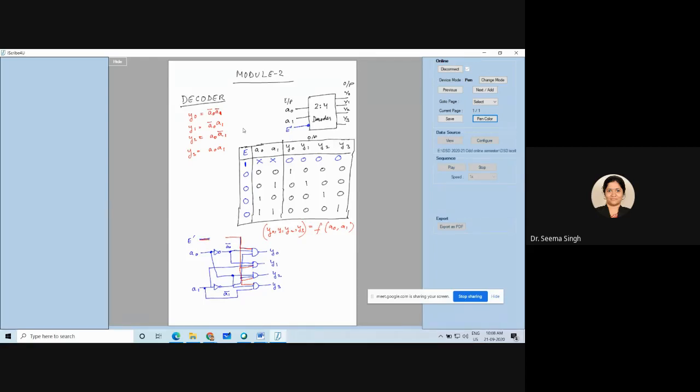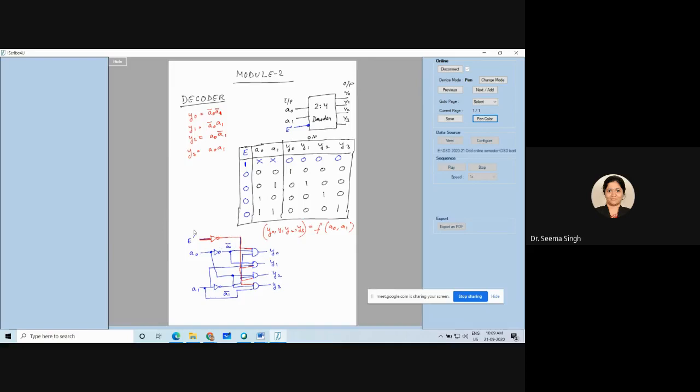You know this AND gate, na? See, when you make A0 and A1 as 0, 0, then your Y0 is becoming high. And you want it to remain high, na? If enable does not work, it will become 0, right? Ma'am, the NOT gate, you'll send the input. Yes, here I need to use a NOT gate. So what will happen now? You understand?